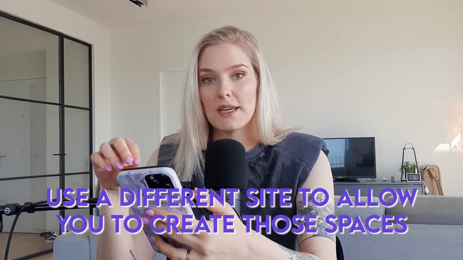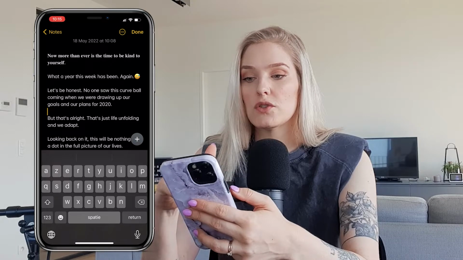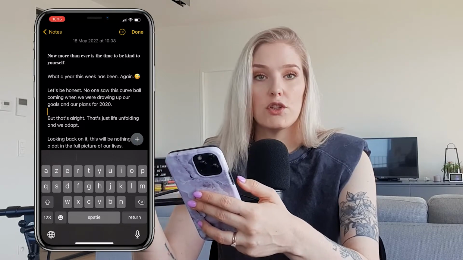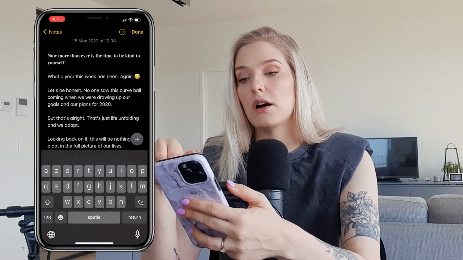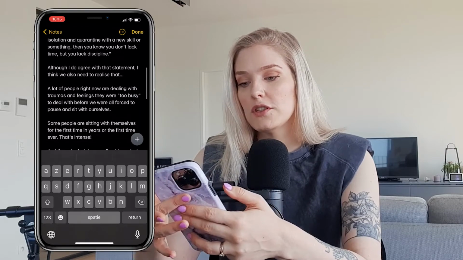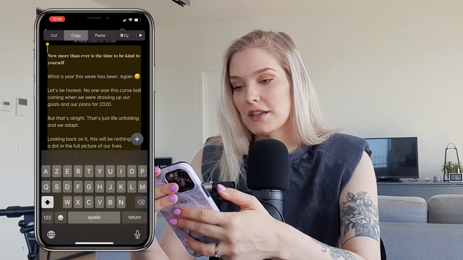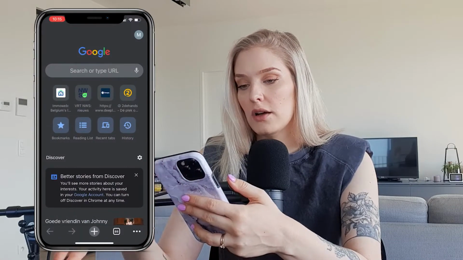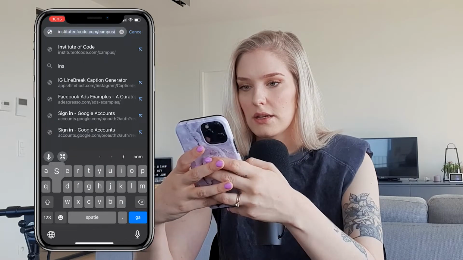So the first method is to use a separate website that will allow you to create those spaces. So what I do is I prep my captions in my notes, or sometimes I do it on my computer, and then I use a Google Doc and I write them how I would want them to appear on Instagram. So spaces included and emojis included. Now, once you've done that, you're going to select all, and then copy, and then we're going to go to either Safari or Google Chrome, and you're going to go to